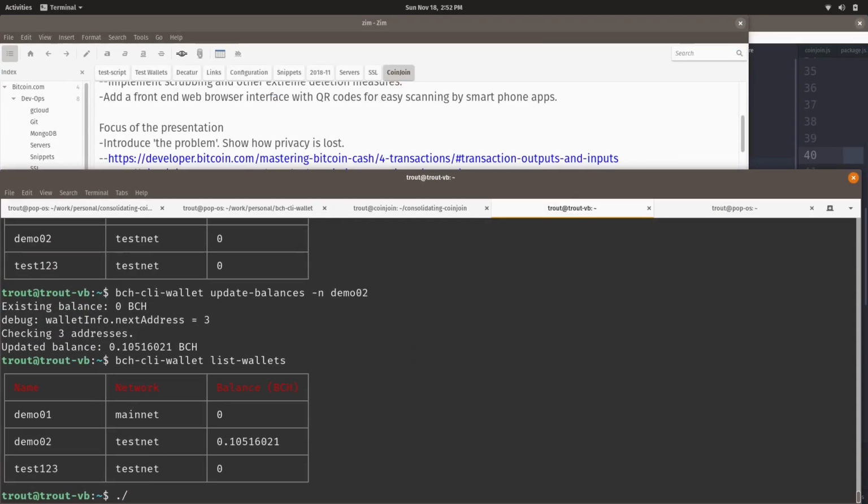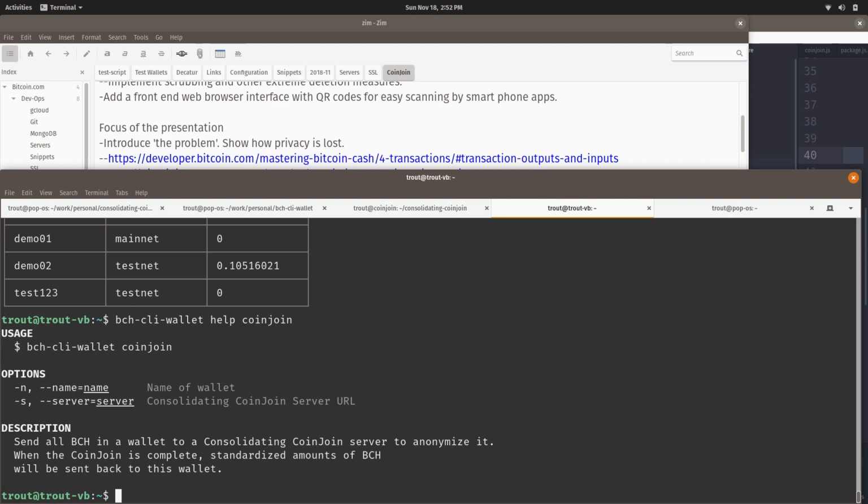I'm going to go bch-cli-wallet, CoinJoin. The name of the wallet is Demo02, and the server is going to be, first of all, let me just show you the help for that. So that's how I know what commands to use. So I'm going to go CoinJoin.